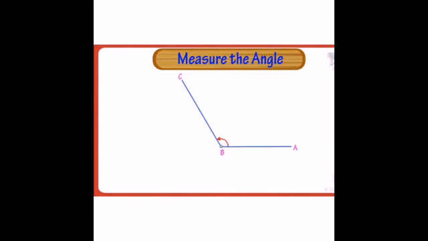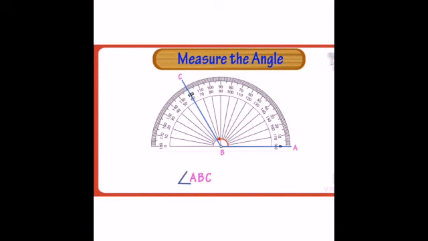Let's take one more example. Angle CBA or BAC. Angle ABC. Here, we want to measure the angle. We put the protractor. The midpoint of the baseline is called the center of the protractor. The center should be placed properly so that we get the measure of the angle properly. So here we got the blue line on the 120 degrees, which is more than 90. So it is an obtuse angle and the measure of the angle ABC is 120 degrees.